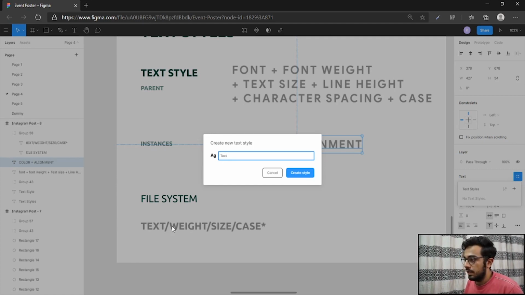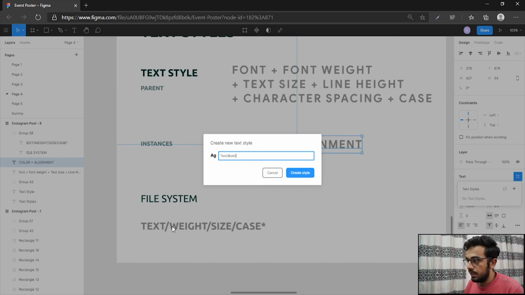So let me define it as text slash, the weight is bold, the size is 36, but I wouldn't define it as 36. I would define it in relative terms, like I can define it as 900, and I can have text larger than that to be defined as 1000, 1100, and so on, and the text smaller than that to be 800, 700, and so on.